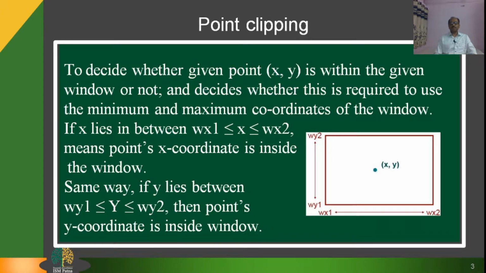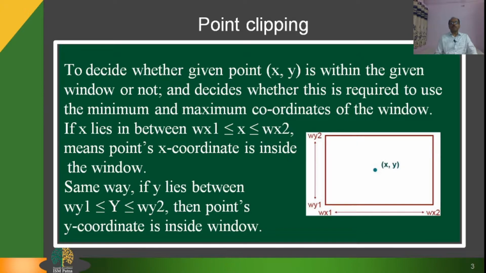Point clipping tells us whether the given point x y is within the given window or not, and decides based on the minimum and maximum coordinates of the window, like if x lies in between wx1 and wx2. In the figure you are seeing that wx1 is the minimum, nearer to the origin, and wx2 is the maximum dimension to place any point.